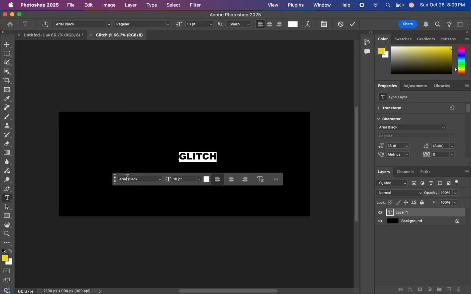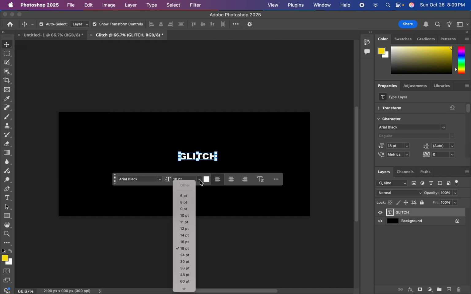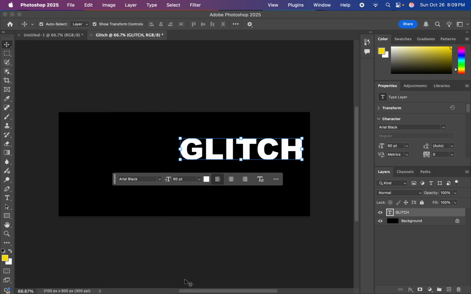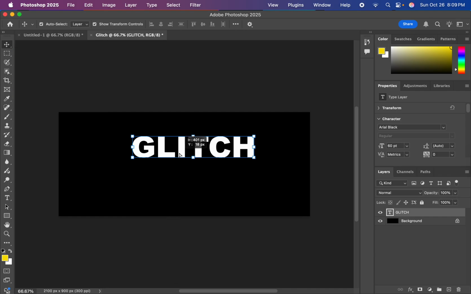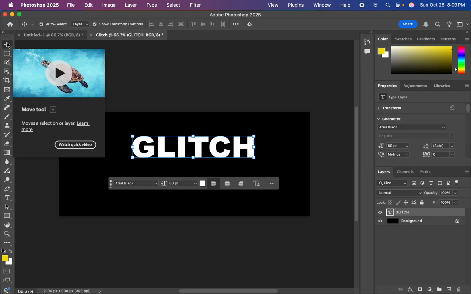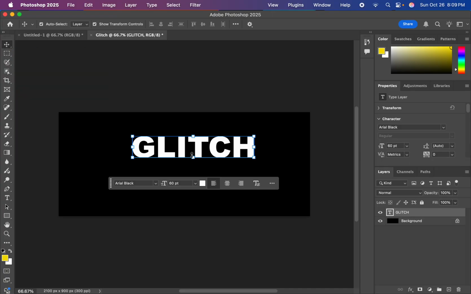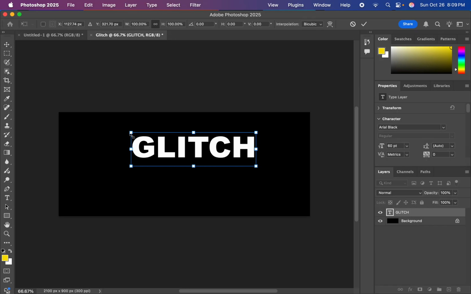My font is Arial Black. Okay, it needs to be a big thick font, so why don't you guys use that as well. And then you can change the font size right here. Or you can get your move tool up here, which is V on the keyboard. And when you get that, you'll get these little